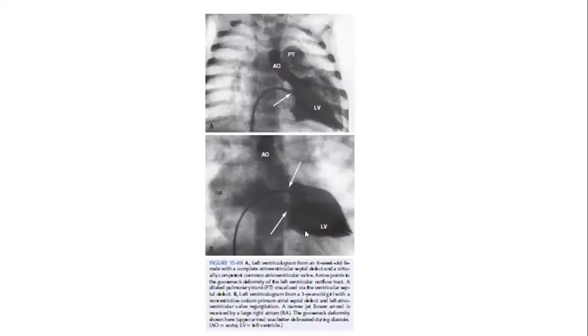Next, this is the LV angiogram. In this case, the AV valve is competent, so there is no AV regurgitation. In the second case, the AV valve is incompetent, so the LV is decompressing into the right atrium. Usually the atrioventricular septum is the division between the left ventricle and right atrium, so when the LV contracts, the flow is directed towards the right atrium. In the same way, the murmur is usually directed to the left lower sternal border, and also sometimes to the right lower sternal border in severe cases.